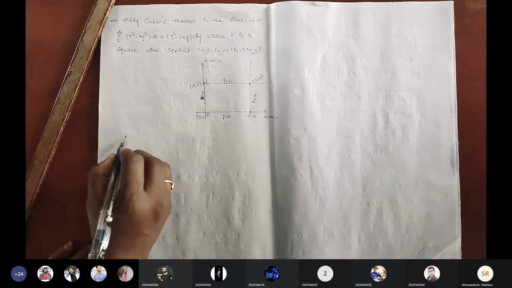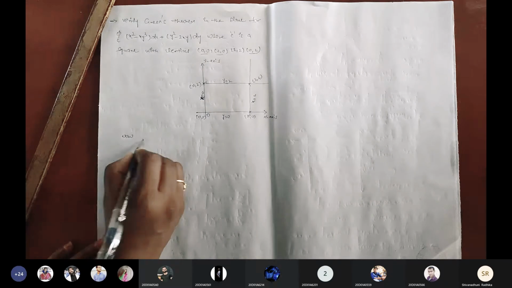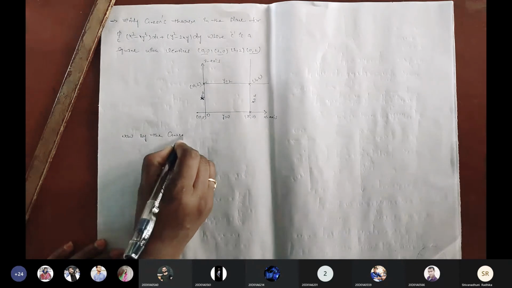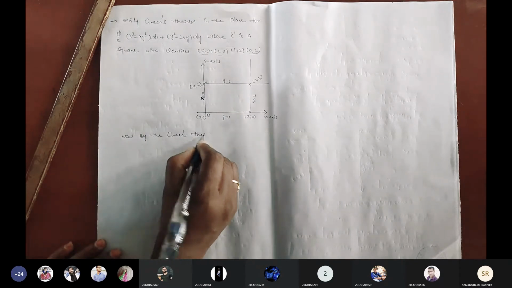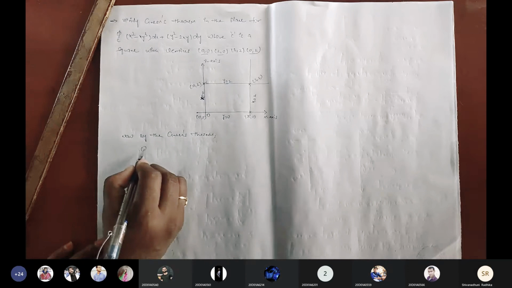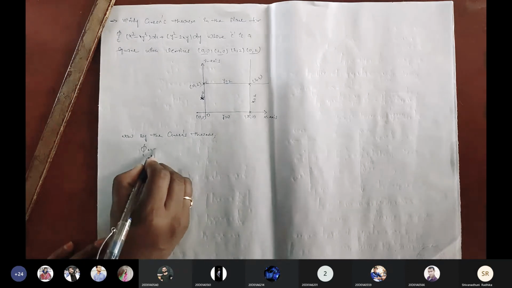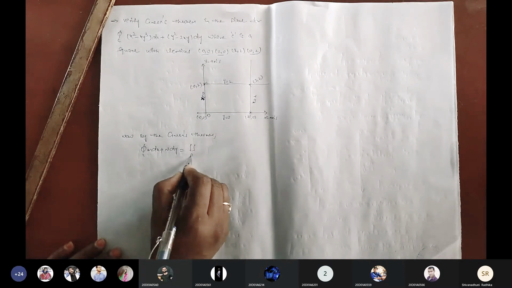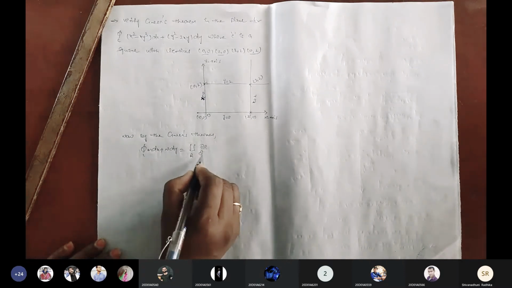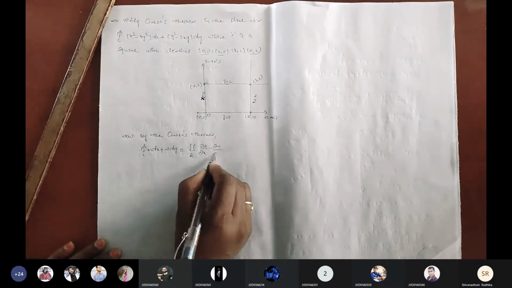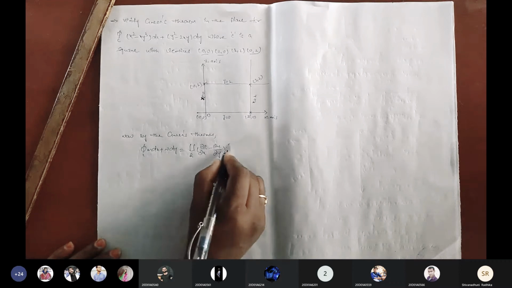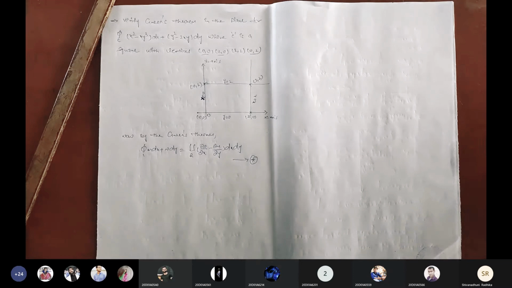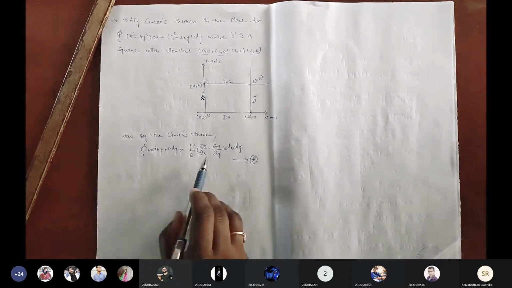Okay. Now, first of all, we have to write the given data. Okay, now, by Green's theorem, what is Green's theorem? Integral over curve C M dx plus N dy equals double integration of (dou N by dou x minus dou M by dou y) dx dy. In this star equation, we are going to find the LHS and RHS.